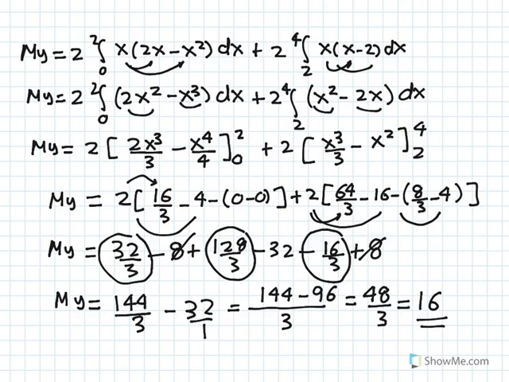Now the key concept here was we had to add up the moments. So we added up the moment of the parabola, moment with respect to the y-axis of the parabola, plus moment with respect to the y-axis of the line. We're using additivity of moments. We'll do the same thing to find the moment with respect to the x-axis. So the moment with respect to the x-axis is equal to